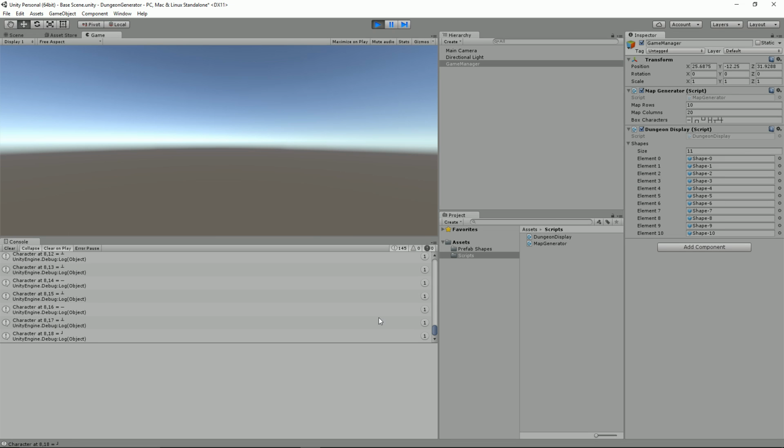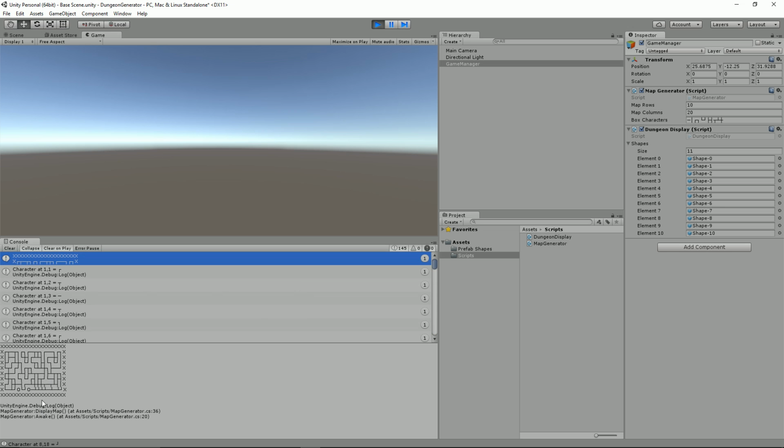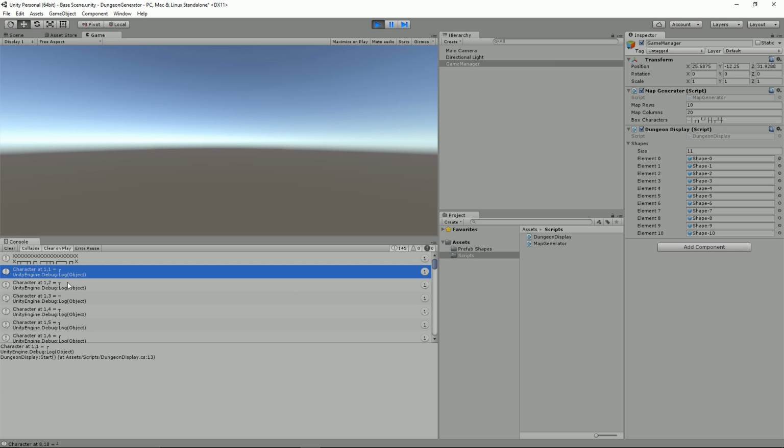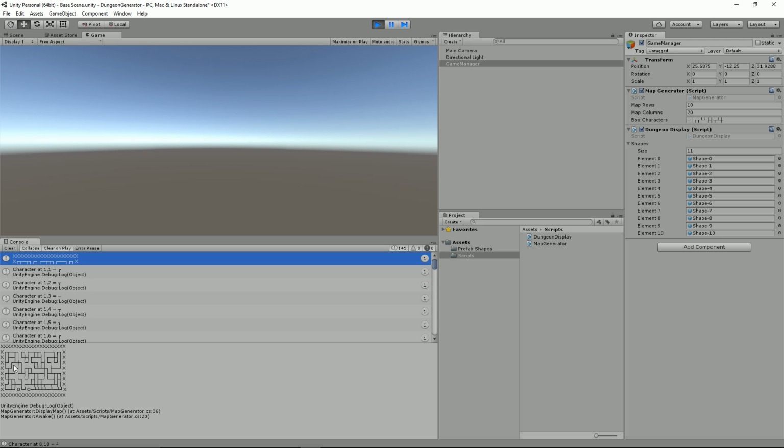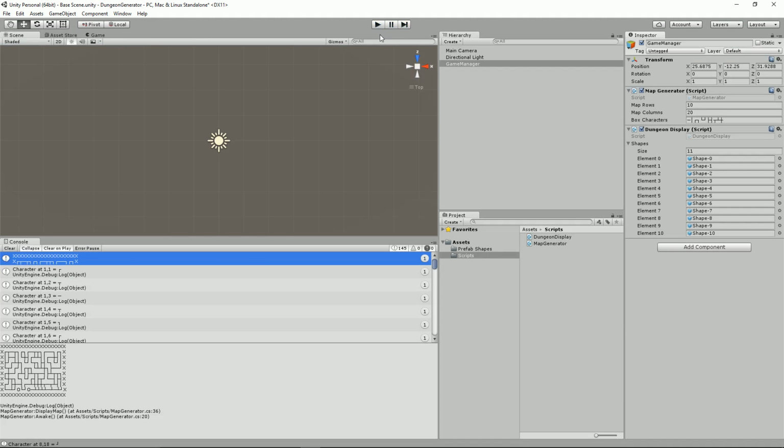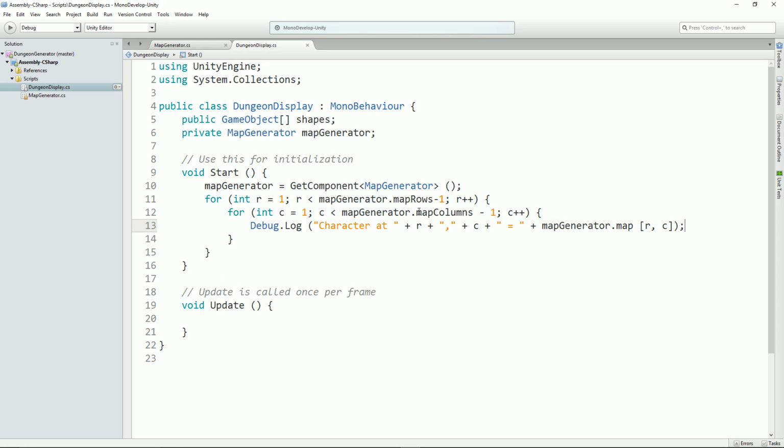Well, this is a good start, isn't it? You can see it's gone through and created them all there. I'm hoping the very top one, this one here, produces a map, which it does, and you can see that each character is looking pretty correct. Good. So now what we should be able to do is say,